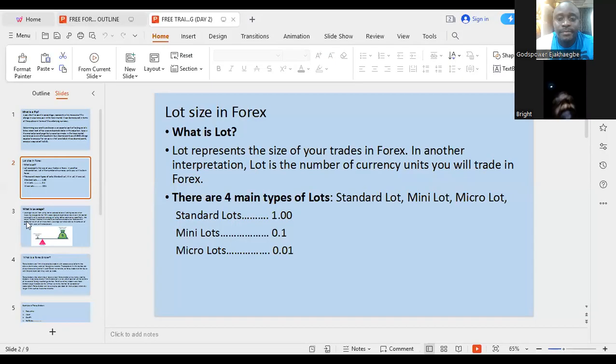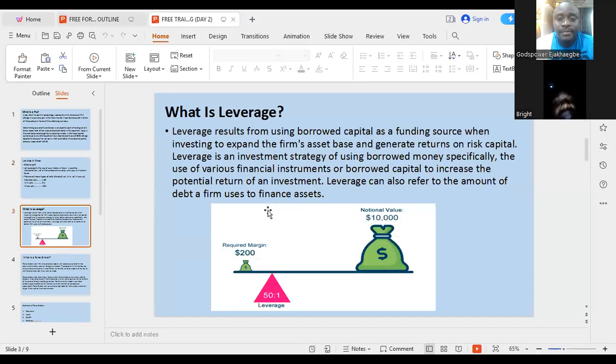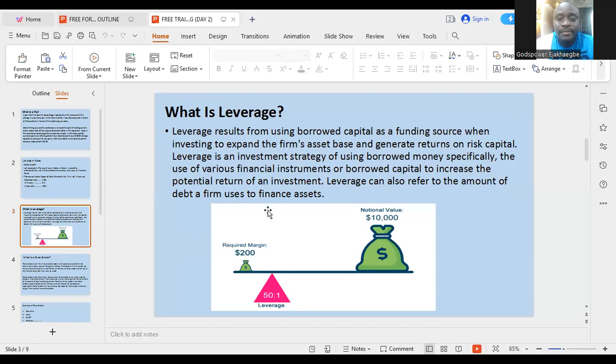The next one we look into is leverage. What is leverage? Leverage results from using borrowed capital as a funding source when invested to expand the firm's asset base and generate returns on this capital. Leverage is simply a financial